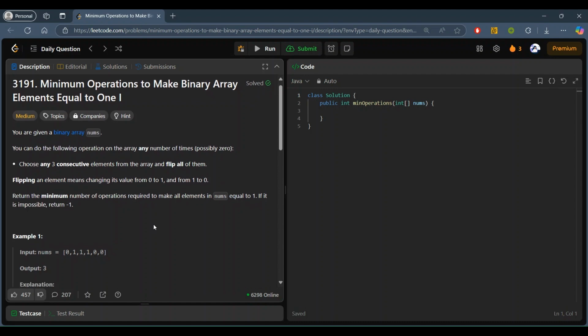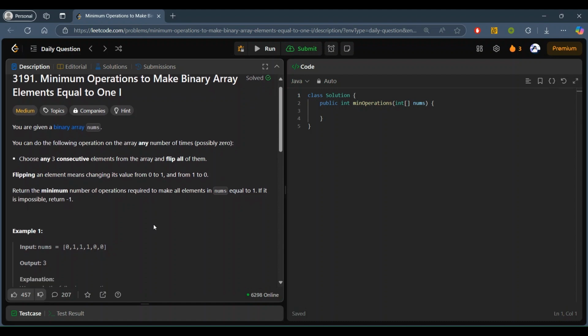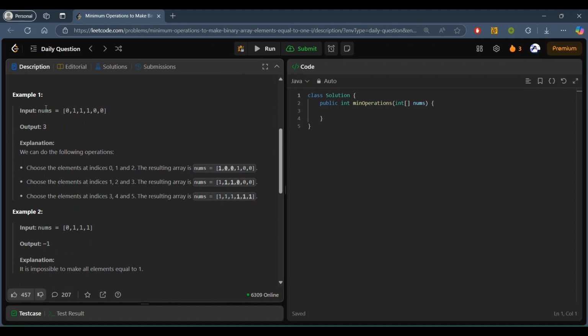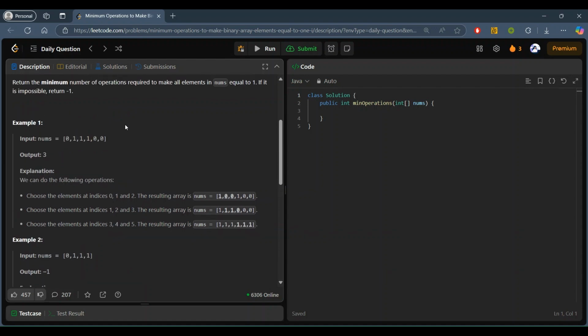So for that, we have to go through all the examples, and we have to think about the approach and how we can get the intuition. Okay, so here in the first example, it is given nums, and in this nums we have 0 1 1 1, and then 1 0 0, and we have to try to make this whole nums contain only ones.